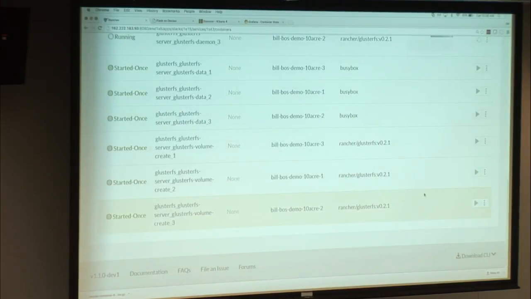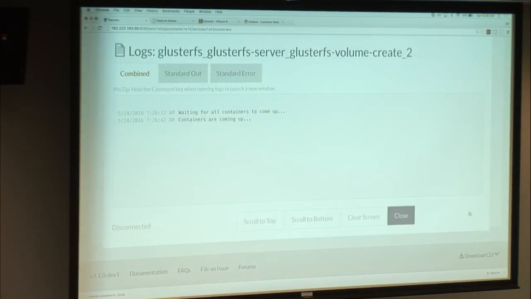But a cool thing to note is that was container service number 1. Container service number 2 is the same container, and it waited for the services to come up, but what happened behind the scenes was simple leader election. Container 1 knew that it was first, and so it actually handled the volume creation for us. And the others did not.